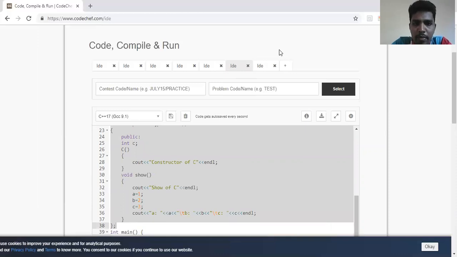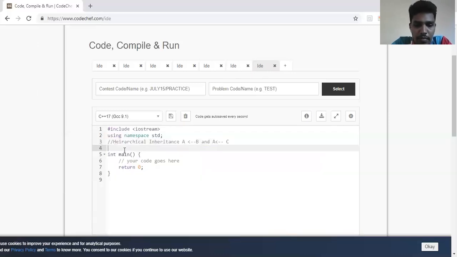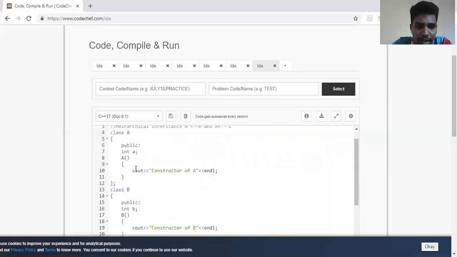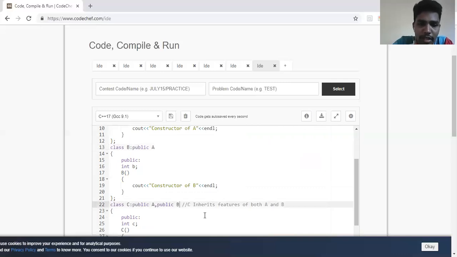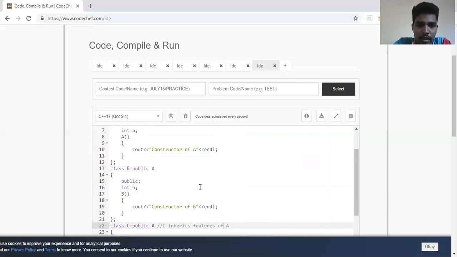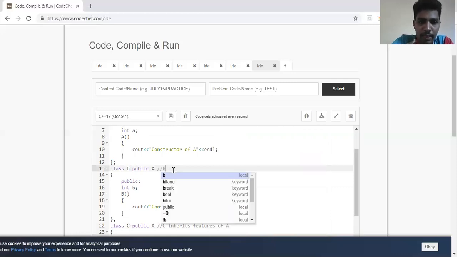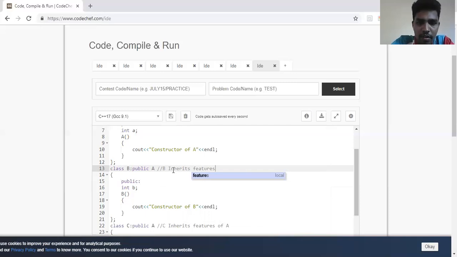So you can see here I have a class A and I have a class B which inherits A. So I can write it as public A. And then I have class C which does not inherit B, which inherits A. C inherits features of A. And then here also we can write B inherits features of A.